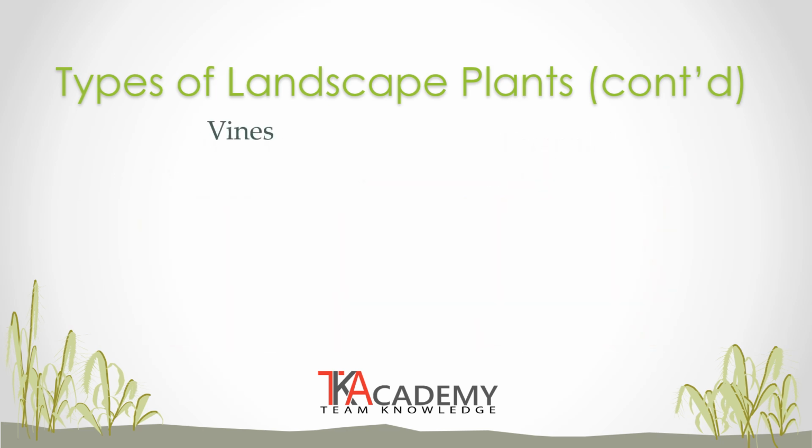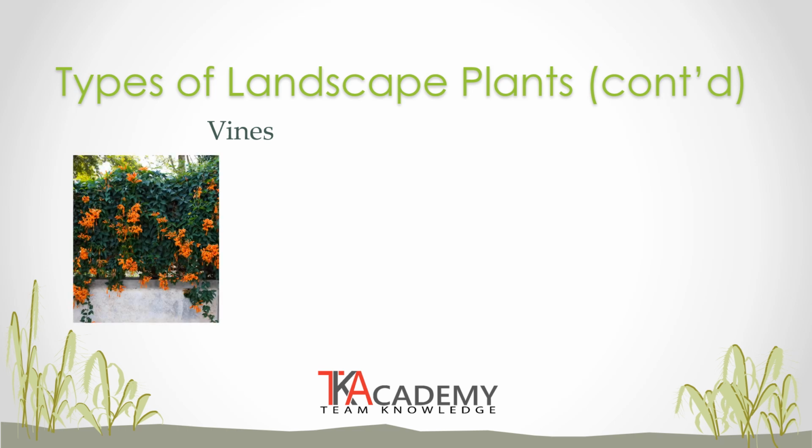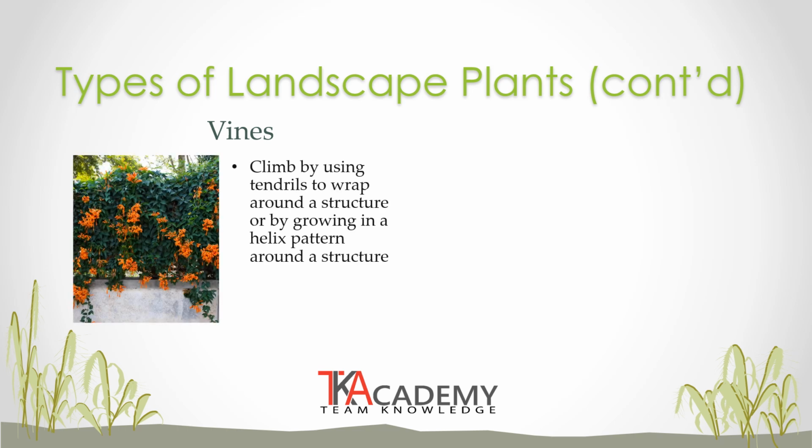Vines are plants with a growth habit of trailing or climbing stems, lianas, and runners. Vines climb, either naturally or through training, by coiling tendrils that attach to structures such as a stone wall or trellis. A twining vine, also known as a bine, is one that climbs by its shoots growing in a helix pattern in contrast to using tendrils.